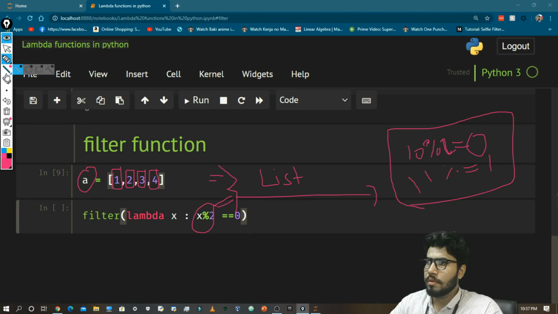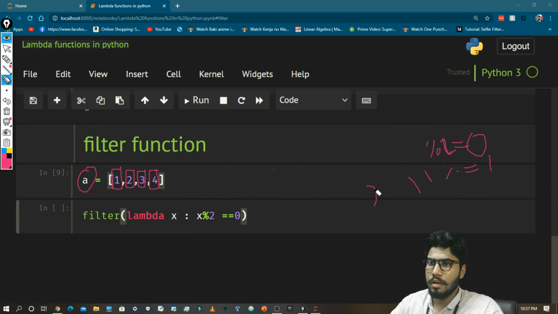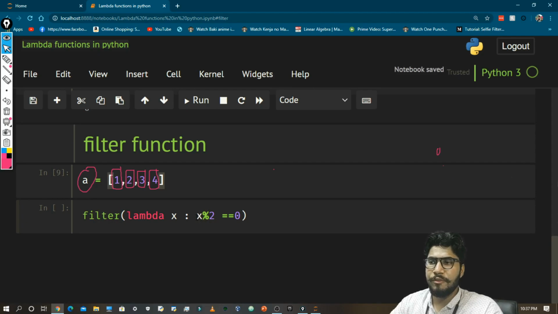So I am checking if x modulus, it is called the modulus operator, if x modulus 2 equal to 0, it means after dividing it by 2, the remainder is 0. Then on that condition we want to filter our series.